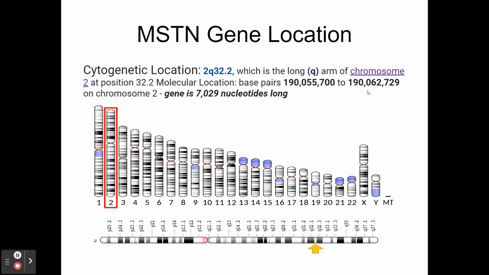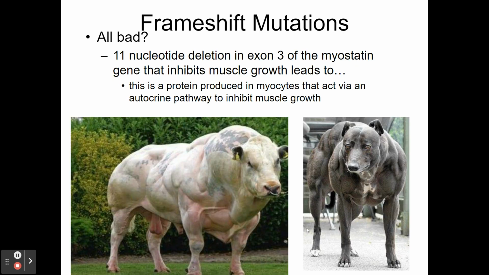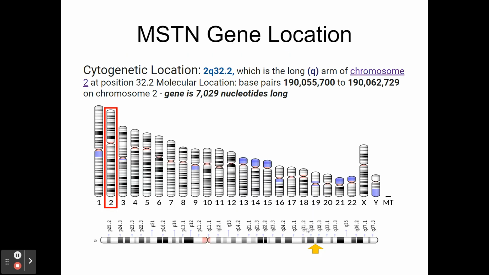190,055,700 to 190,062,729 on chromosome number 2. It is over 7,000 nucleotides long, and 11 nucleotides were deleted to lead to that outcome. Okay, so that's just a kind of cool little picture of how we